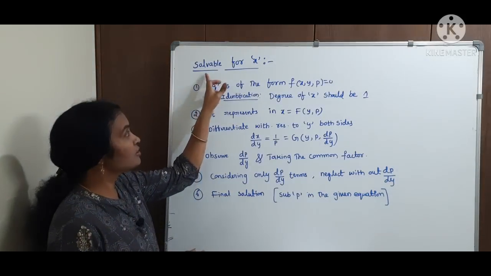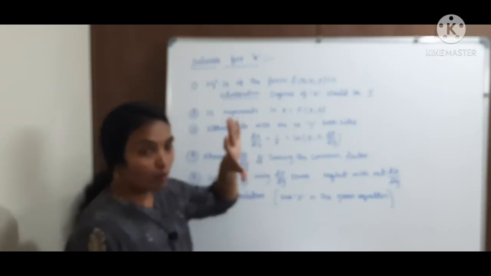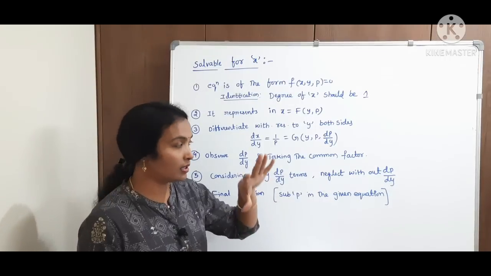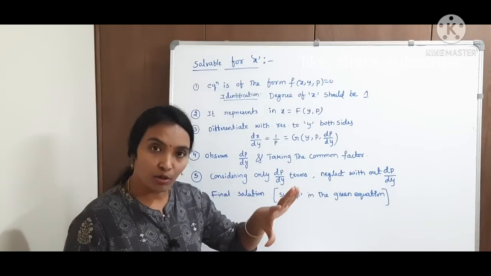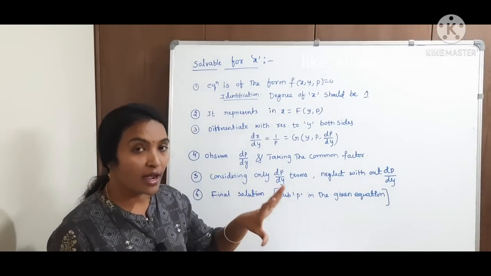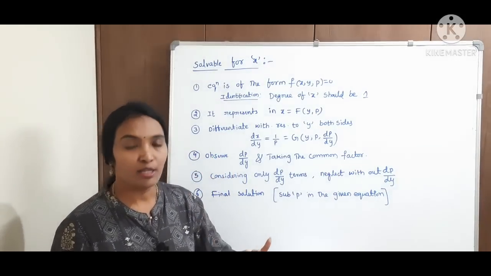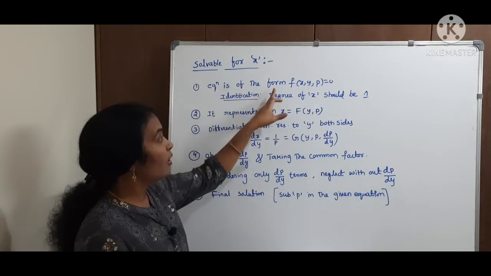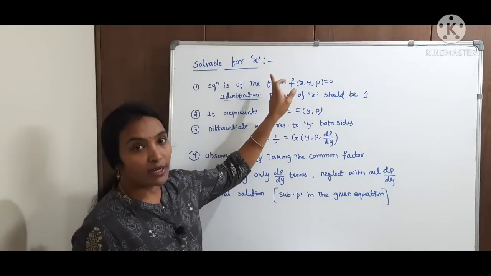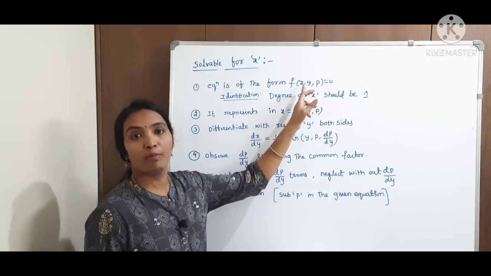Here, solvable for x is in the form of our actual topic, differential equations of first order but not first degree. In that we have 4 methods: solvable for p, solvable for x, solvable for y, and Clairaut's. Now the second method is solvable for x. In that method, first the equation is of the form f of x comma y comma p